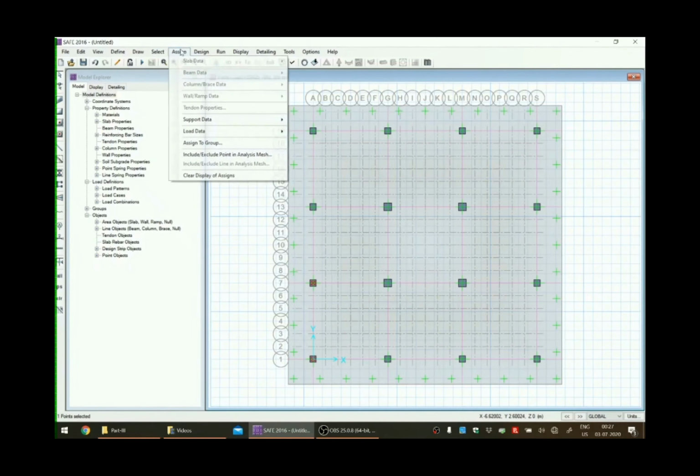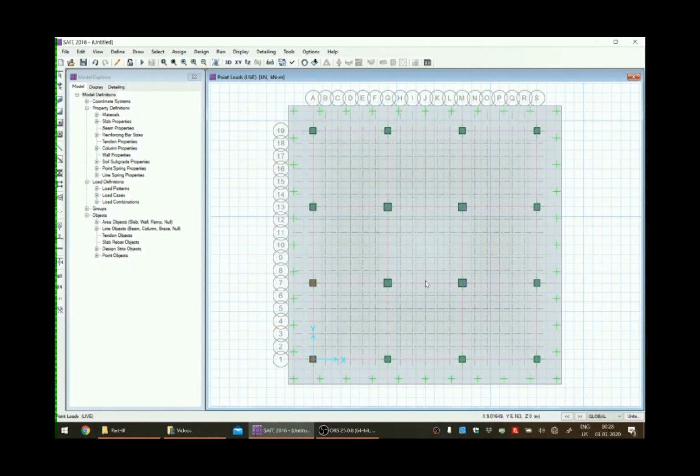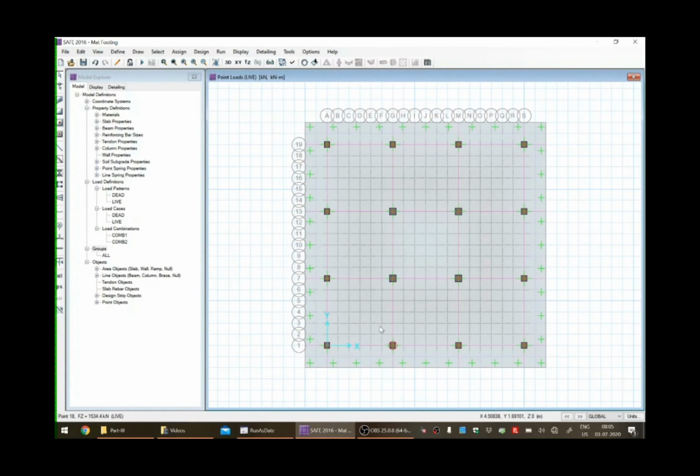Select previous, assign load data. Now the live load, that is 1437. So this way, one by one, we have to assign all the column loads. So now we have completed assigning all the 16 point loads, both dead load and live load,